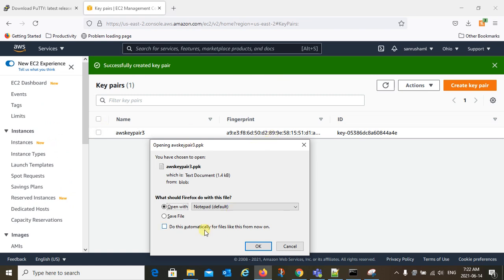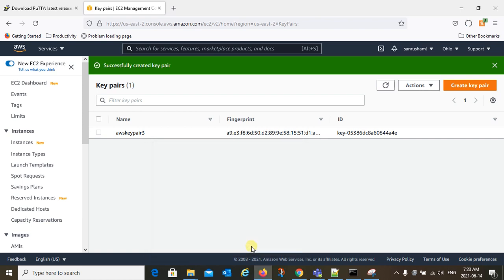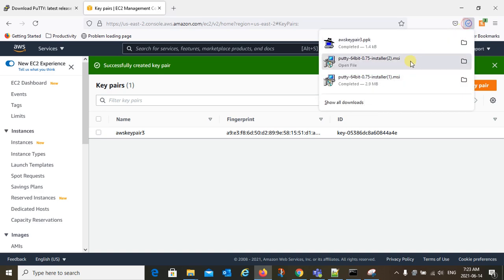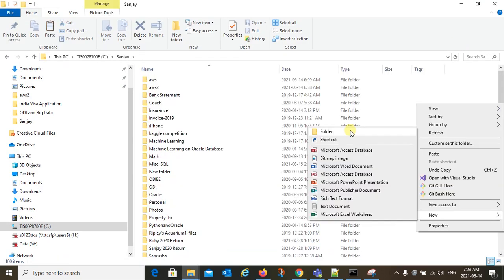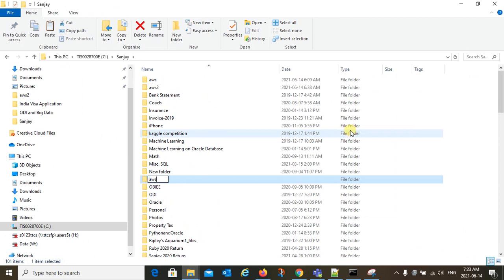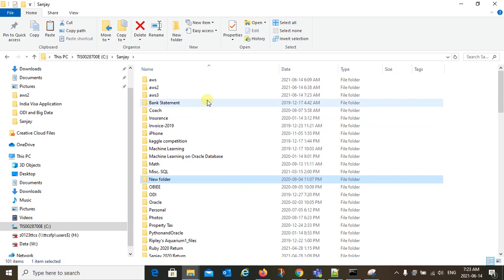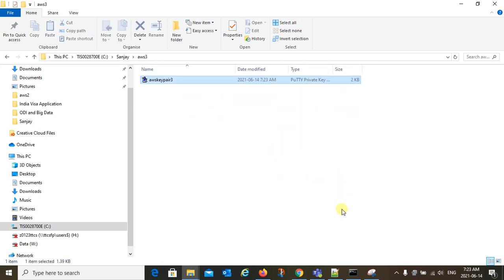The key pair has been created, so you need to save this file. You will have to download that .ppk file. Say save file over here, and I am going to save this in a directory. Let's create a folder, AWS 3, and save it there. So far so good.